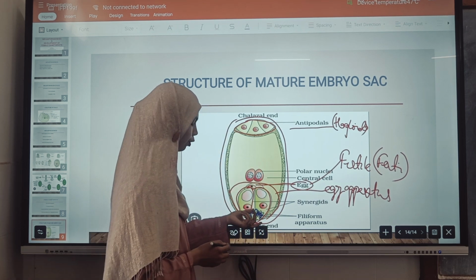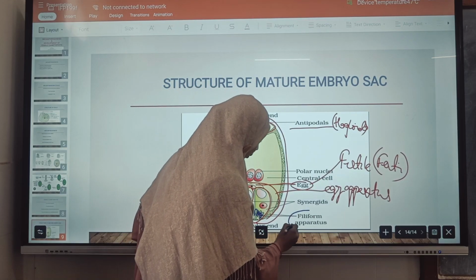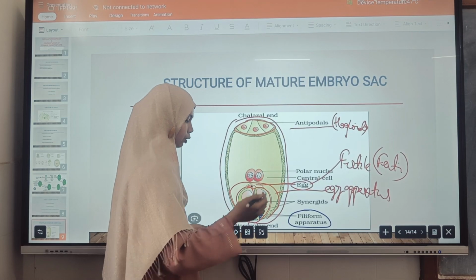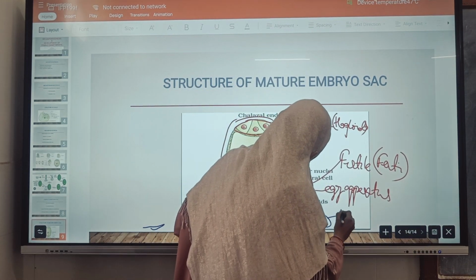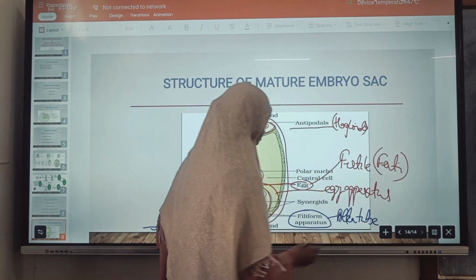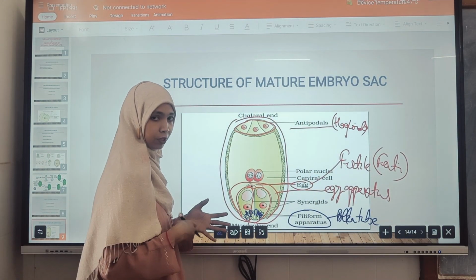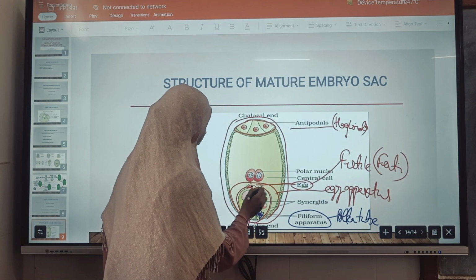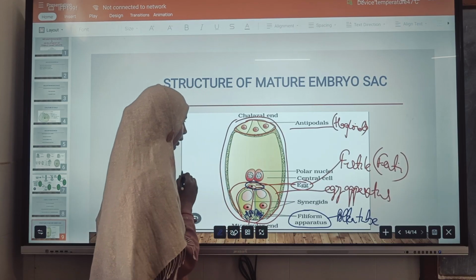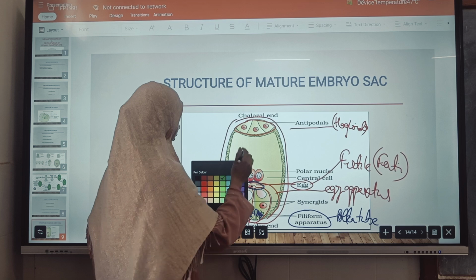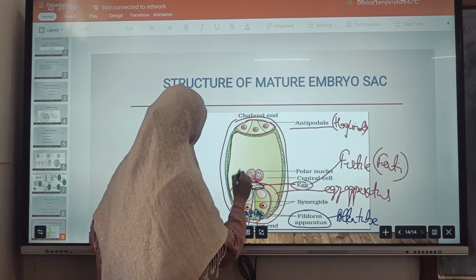So what is this filiform apparatus? It is a finger-like projection present at the base of the synergid, which guides the entry of the pollen tube to the egg cell. This filiform apparatus is a structure which helps guide the entry of the pollen tube towards the egg cell. Clear? Now what is the 7th cell? That is the main central cell. The 7th cell is the main central cell